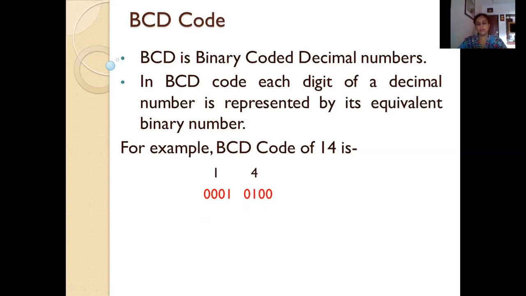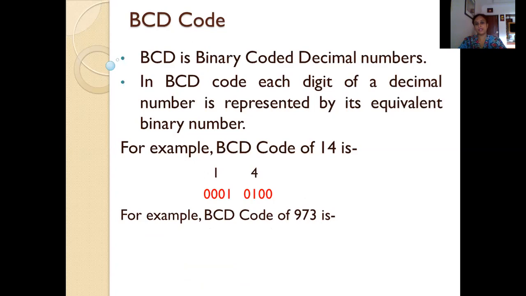It means we have a separate or unique BCD code for each of the numbers from 0 to 9, because decimal digits are always from 0 to 9. Okay, we have a total of 10 digits in our decimal system, and those 10 digits are 0, 1, 2, 3, 4, 5, 6, 7, 8, 9. And therefore we have the representation of each decimal digit in binary. We have already discussed that in binary code. Now the same we have to use over here, that is for 1 we are using 0001, for 4 we are using 0100.